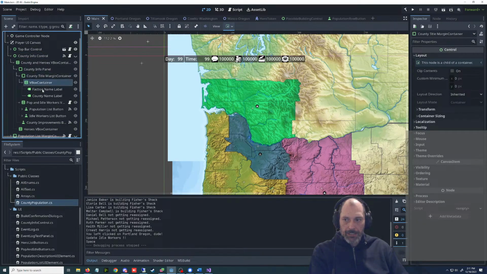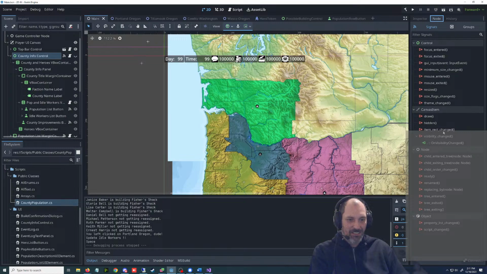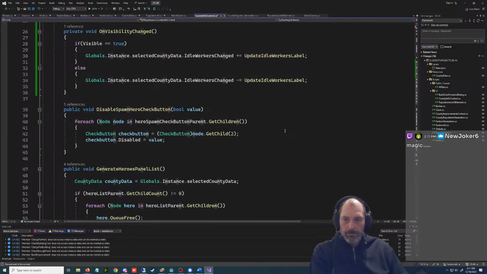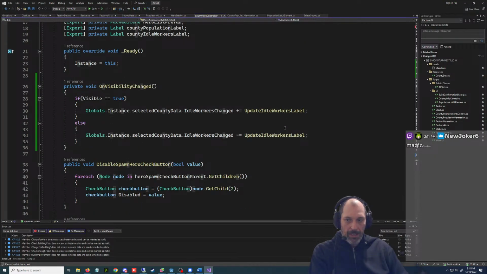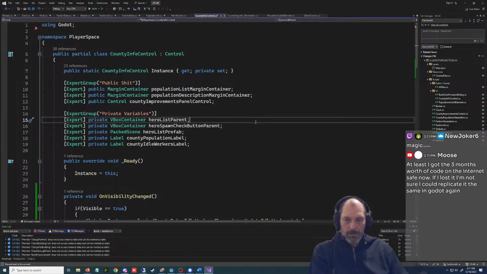There's no script attached to this. How the fuck am I doing this? On visibility change. It is magic. It's because I said this was gonna be easy. Well, let's do this how I want it.